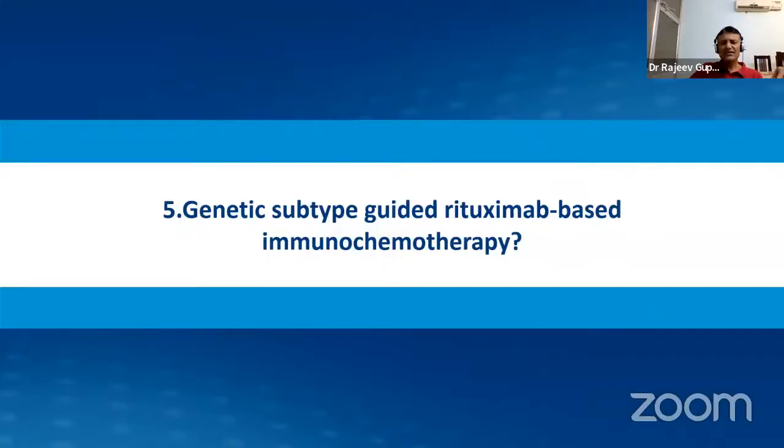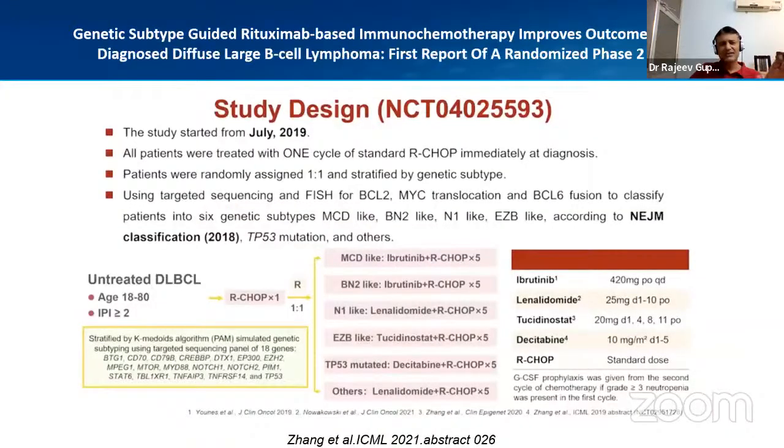So can we now tailor chemotherapy for heterogeneous R-CHOP? As we all know, DLBCL is a group of diseases. It is not a single entity, which is physically, phenotypically, and genetically different